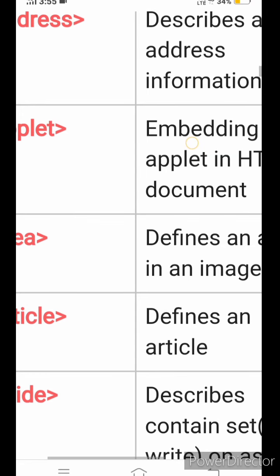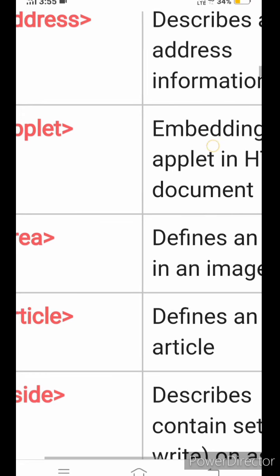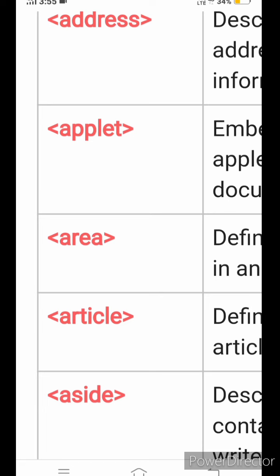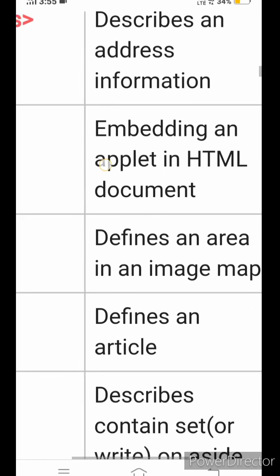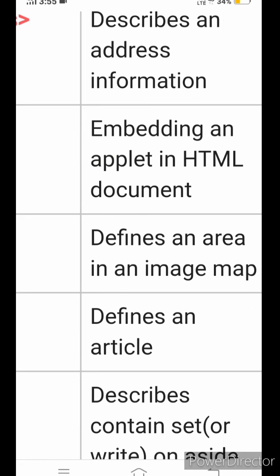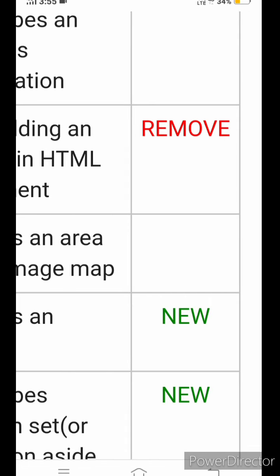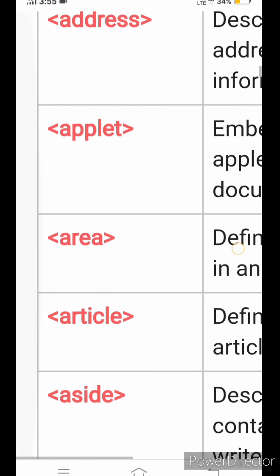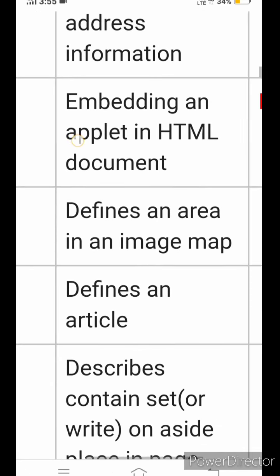Some tags are removed in HTML5 version. Applet. This tag embeds an applet in an HTML document. This is removed in HTML5 version. Area. The area tag defines an area in an image map.